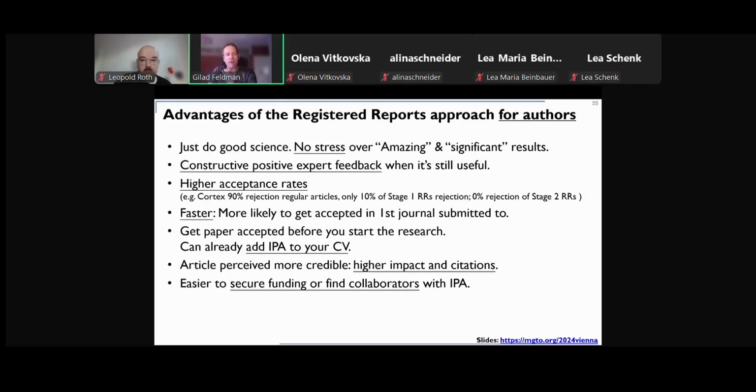I can say that before we moved to registered reports, we had a rejection rate of about 70 to 80% on average. So very frustrating, very time consuming, and I'm not sure what the added value of this was. But since we moved to registered reports, our rejection rates overall at the end, finally, when it comes to all our